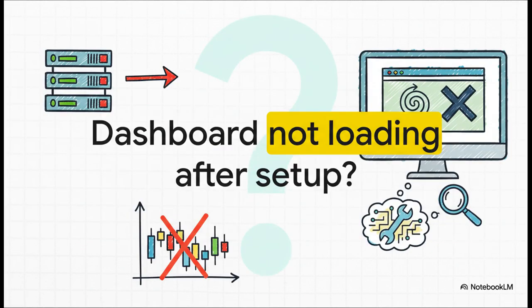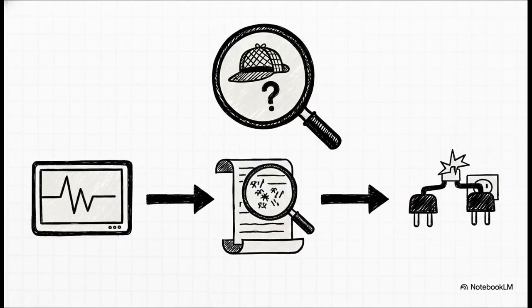Okay, let's talk about problems. What happens if you run that start command? Everything seems to work, but when you go to the dashboard URL, nothing. Just a blank page that won't load. What do you do? Here's your quick fix checklist. First, pop open your terminal and run docker ps to see if the container is even running. If it is, then check the logs for errors with docker logs crypto5men-polytrader. If all that looks good, it's possible another app on your computer is hogging port 8602, so you'll want to